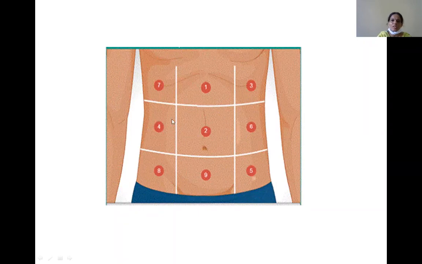What are the different contents? What are the different structures present in these locations? Why is this important? The clinical aspect is very important. Whenever the patient complains in that particular area, you have to come to a diagnosis immediately. What could it be? Whether it is a liver disorder or a GI tract disturbance, or related to kidney or renal problems, what is it? This gives you a picture. Diagnosing the different diseases can be known only by knowing these regions.